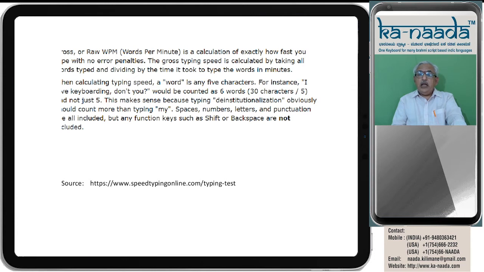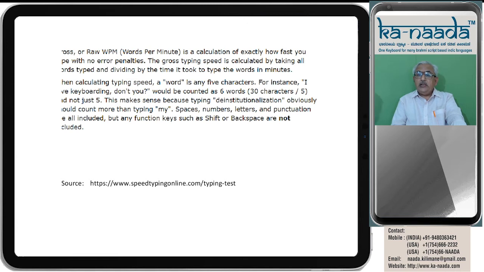For instance, I love keyboarding, don't you? would be counted as 6 words, 30 characters divided by 5 and not just 5. This makes sense because typing deinstitutionalization obviously should not count more than typing my. Deinstitutionalization is a long word but counted as one single word. My is one word but only 2 characters.